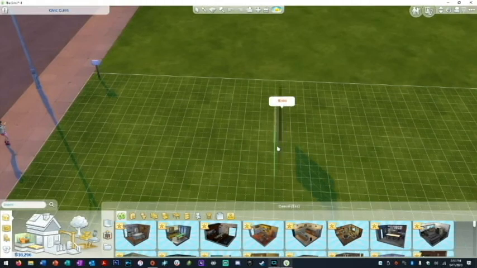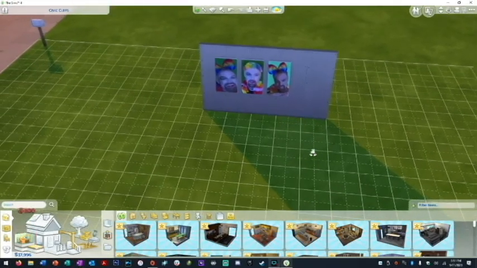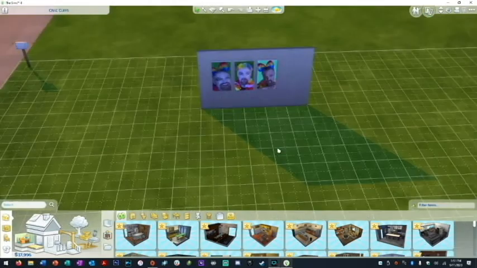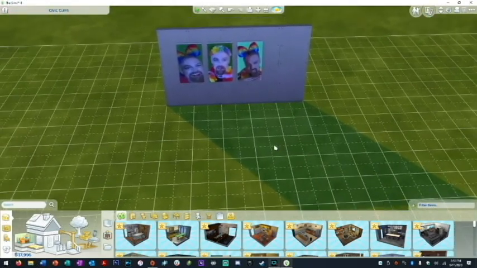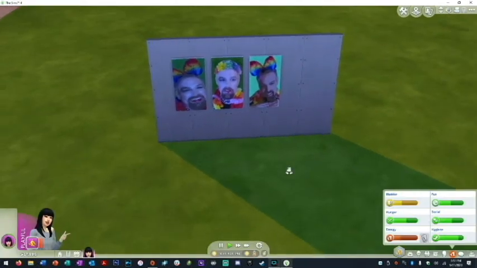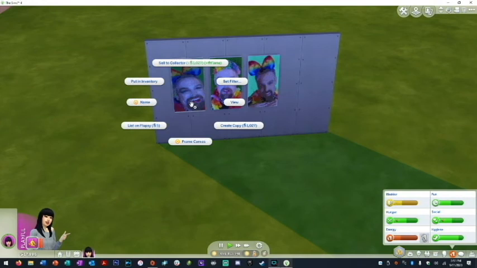And we do have to do this step, not just to upload it to the gallery. You can upload them to the gallery right then and there, and they will not be flagged as CC, but they will look like paintings. So I'm going to show you how to do this to where they do not have that painted look and they are clear. So in live mode, you simply just click the paintings, and this is where the XML Injector